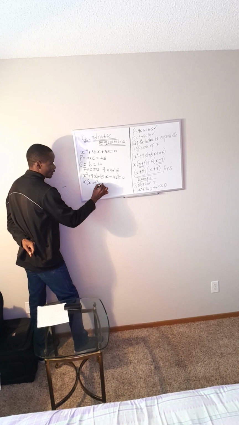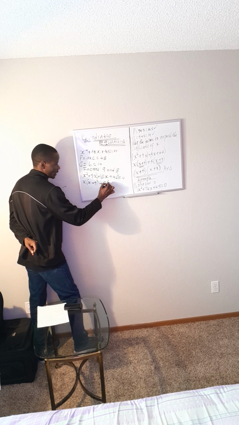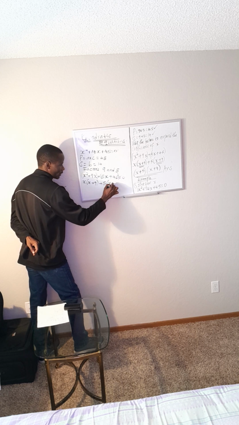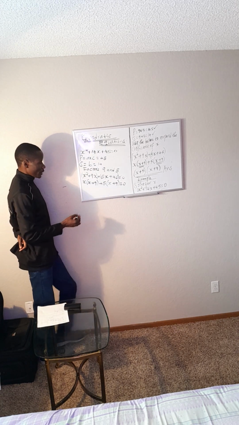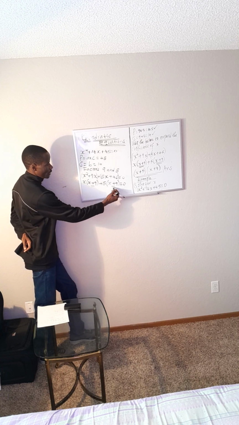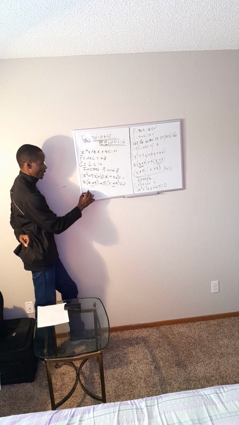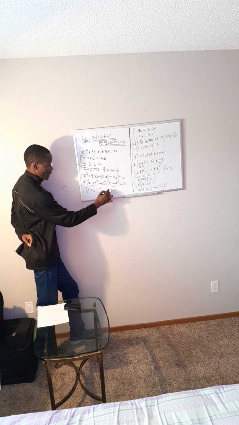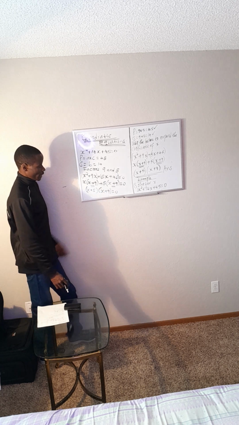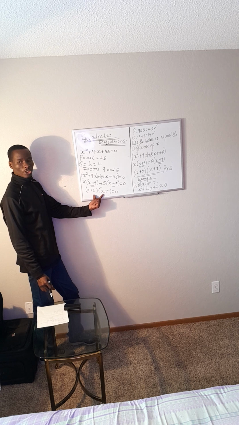Plus 5 is common here. 5 into 5x is x, 5 into 45 is plus 9, is equal to 0. The components here and here are the same. Therefore, I have x plus 5, first bracket, x plus 9, second bracket, is equal to 0. What next? I equate each individual